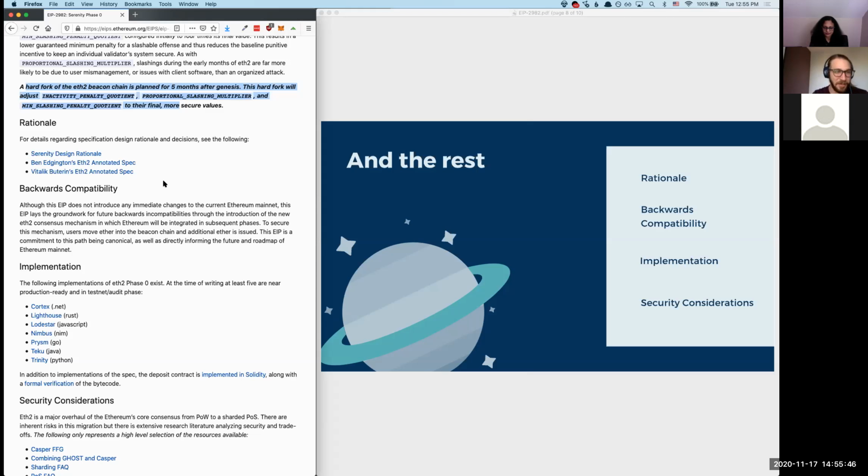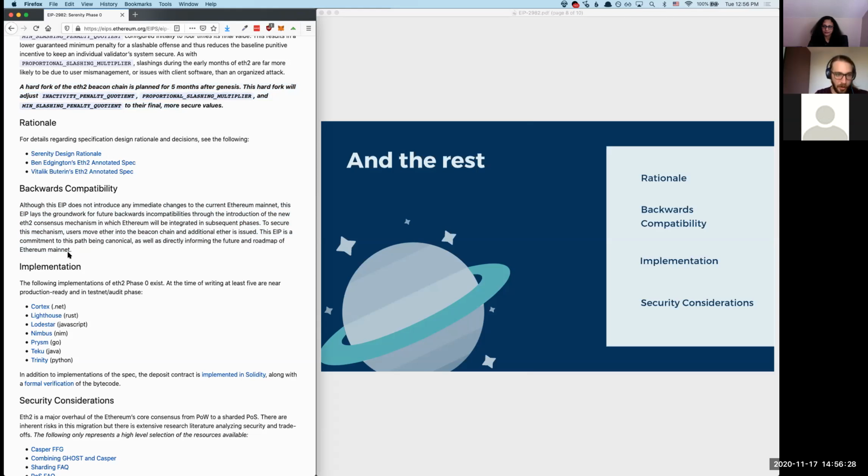Very interesting for a person like myself, but you can open it up and see if you find the same. So again, rationale has been exported out of the EIP and just referenced here. Backwards compatibility, it's informational. There's no substantive change to the existing Ethereum. Compatibility issues here, but with an intention to have some backwards incompatibilities based upon this in the future.